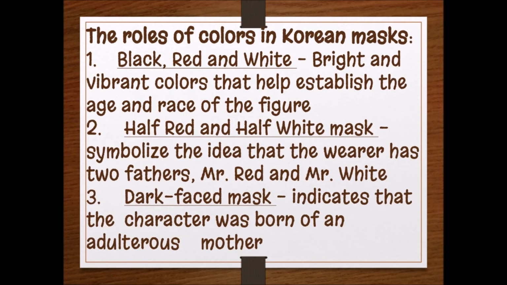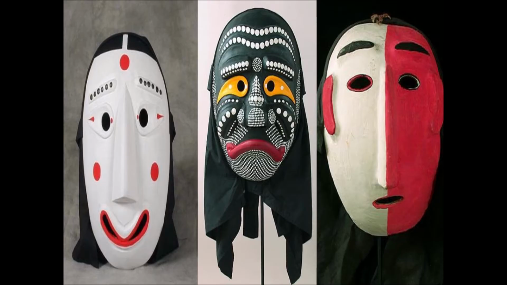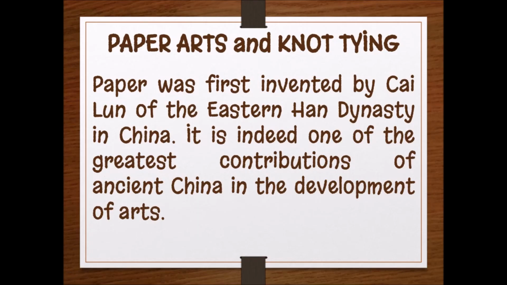Second is the half red and half white mask, which symbolizes the idea that the wearer has two fathers, Mr. Red and Mr. White. And the last one is the dark-faced mask, which indicates that the character was born of an adulterous mother. For paper arts and knot tying, paper was first invented by Cai Lun of the Eastern Han Dynasty